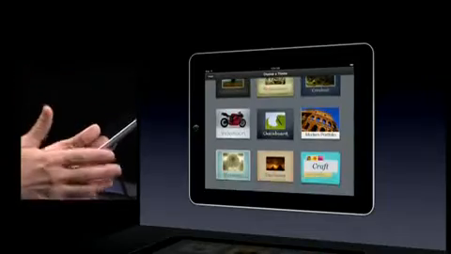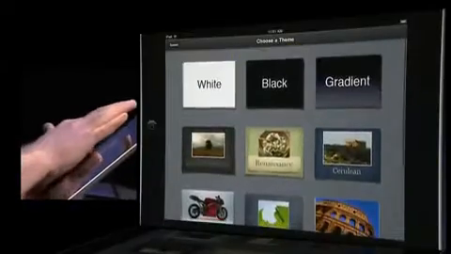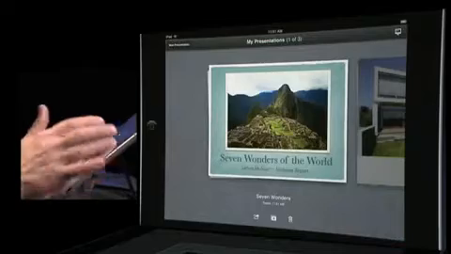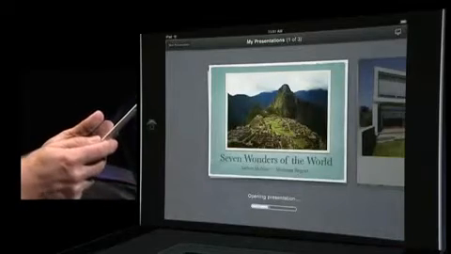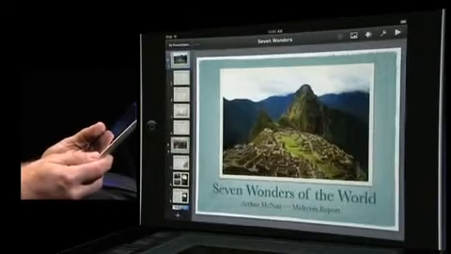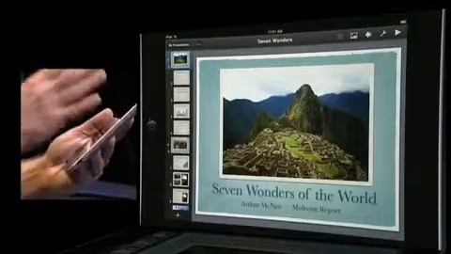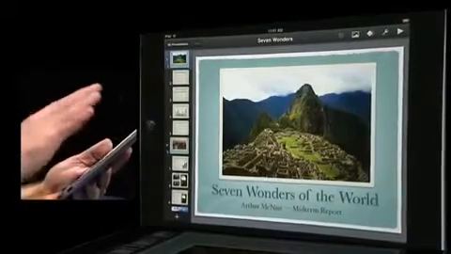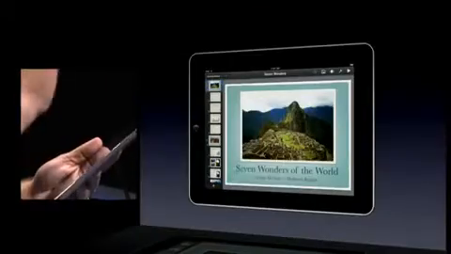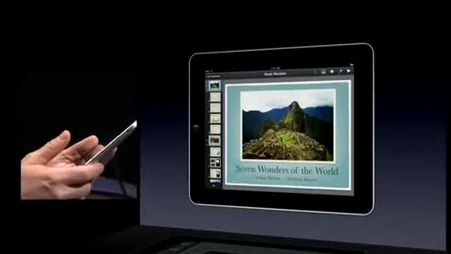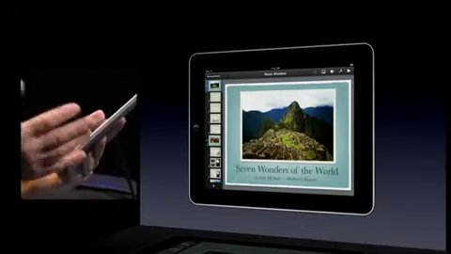Gorgeous templates, just what you would expect in Keynote. I'm going to go into this first presentation, 7 Wonders of the World. We open it up, and the first thing you see is a great layout. I have a big, beautiful slide to work on so I can create my content. I've got some menu items on the top, and I have my slide navigator, something familiar to all Keynote users,